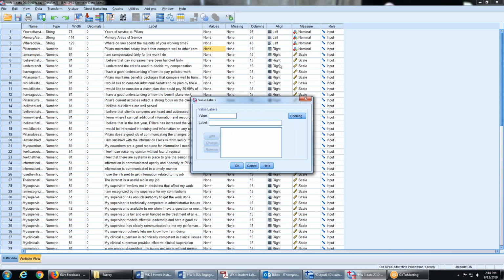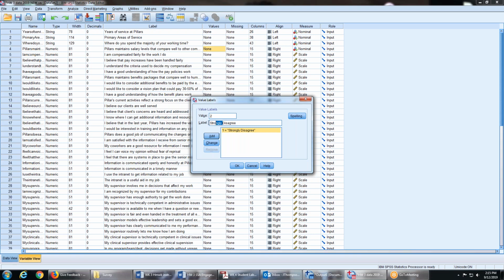So you have to actually change it by using transform recode, but you also need to label it so that when it comes up on the graph or chart or anything that you do, you know what these numbers mean. So again, I'm just going to go through putting these in to, whoops, that should be disagree. And again, here's how you change it. And then I just click change